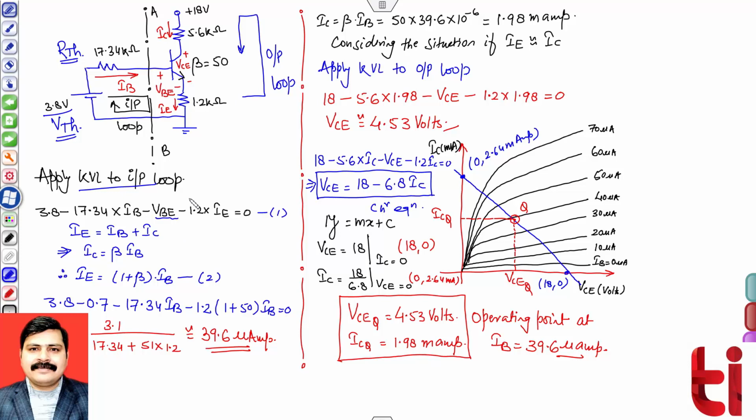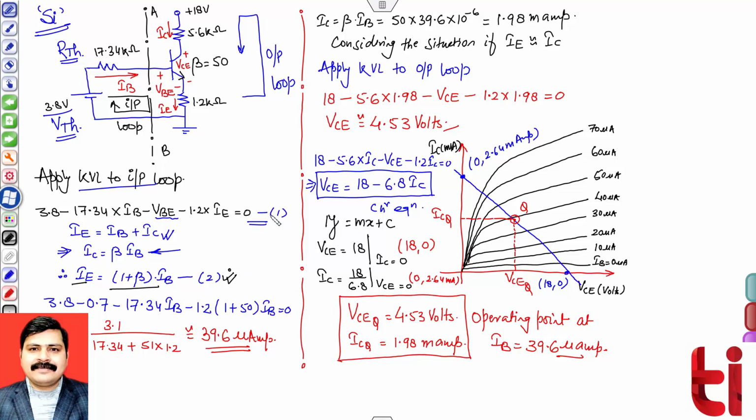Okay, so I'm assuming that we are dealing with a silicon transistor, so whose VBE will be equal to 0.7, we have directly used, minus the drop across this resistance, it is 1.2 kilo ohm, so 1.2 into IE, and I have marked this relation as relation number 1. Second, you can recall the important part, the emitter current is termed as IB plus IC, and we can replace the collector current IC equals to beta times IB. Therefore we can replace the value of IE by 1 plus beta times IB,